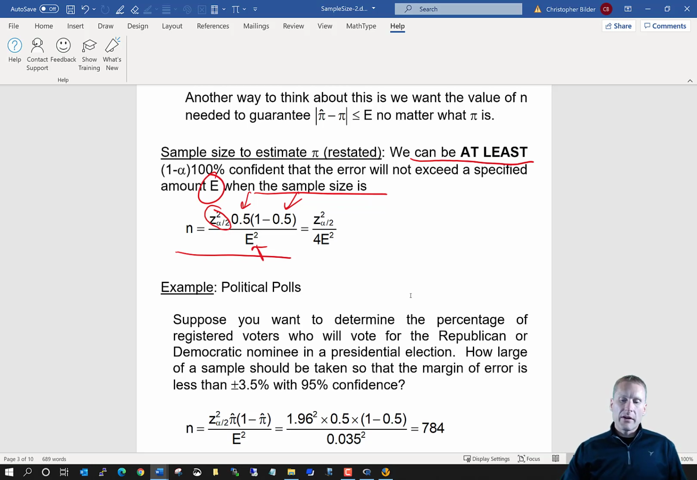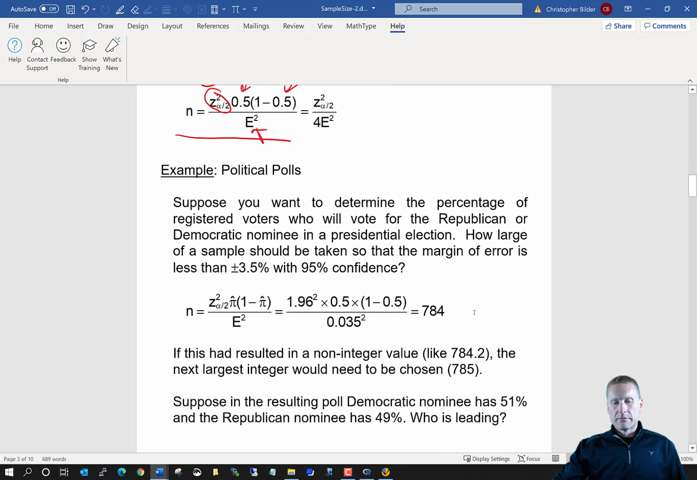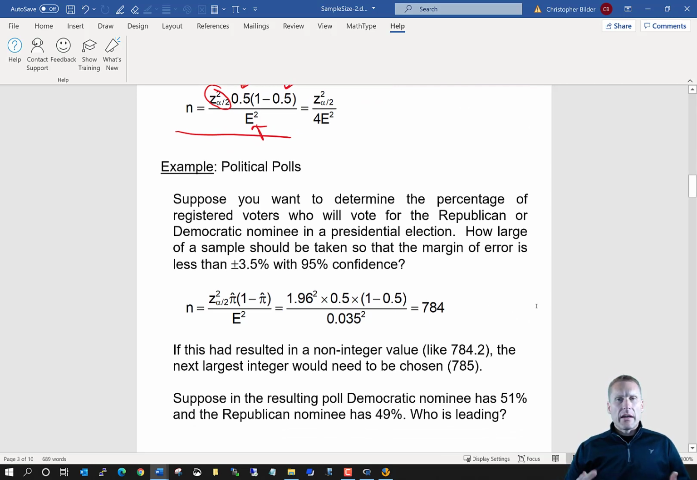That's how you would use this expression. So let's take a look at an example. This again deals with political polls. Suppose you want to determine the percentage of registered voters who will vote for the Republican or Democratic nominee in a presidential election. How large of a sample should be taken so that the margin of error is less than plus or minus 3.5%? So what that means is you want E to be